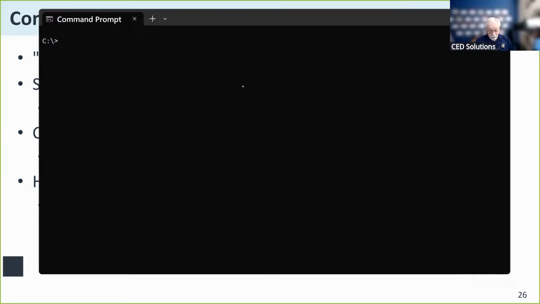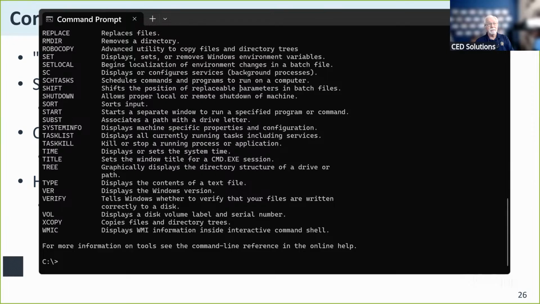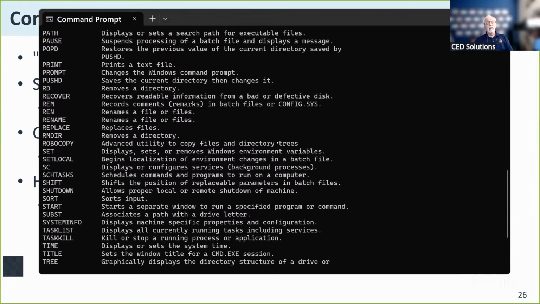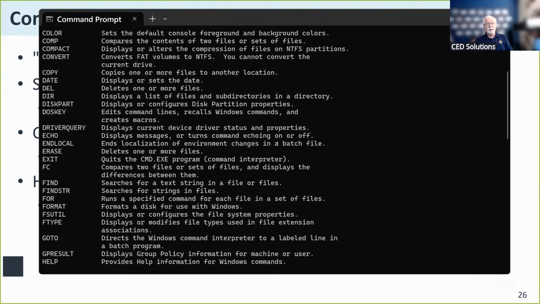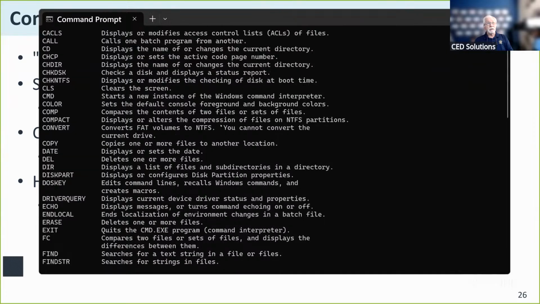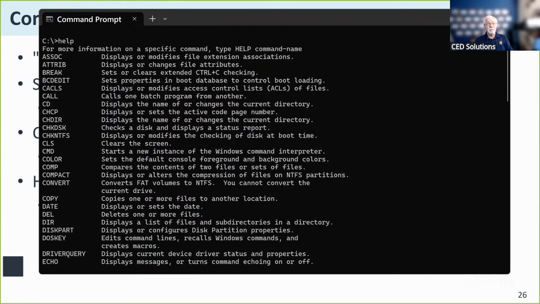I told you the other day, if you want to see all the commands, type help. Okay. These are the commands that are available to you at the command line interface. And it gives you a relatively decent description of what the commands do. There are some of your administrative level types of commands that aren't exposed here.